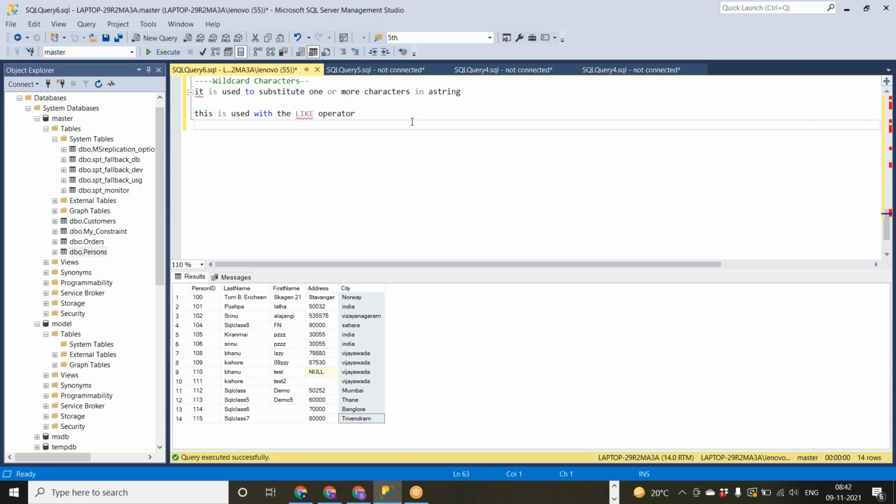I'll give one example each so that you can understand easily. For the percentile we have already discussed: it represents 0 or more characters, and underscore represents a single character.